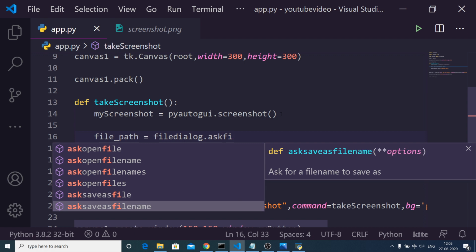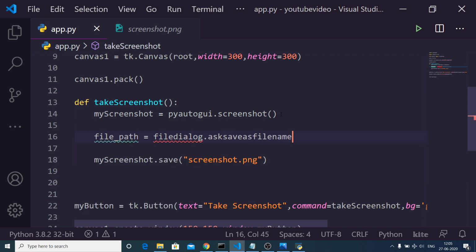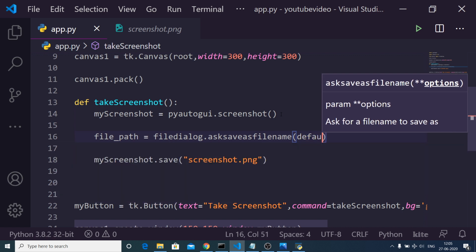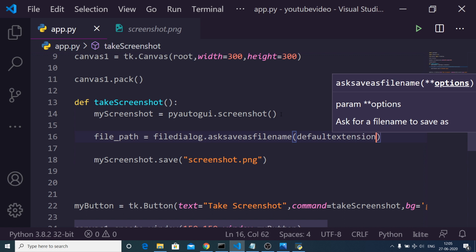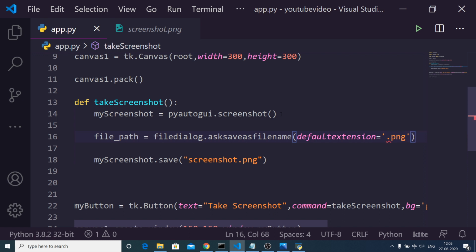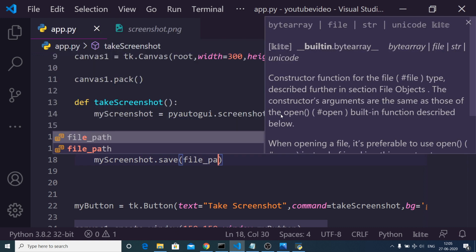So this is a method, guys, and inside this there is a property which is defaultextension. So default extension means that whenever you save a file, the default extension will be applied. So for our case this will be png. That's it. After you do this, you just need to pass our dynamic file path instead of the static one. So just pass this file_path.